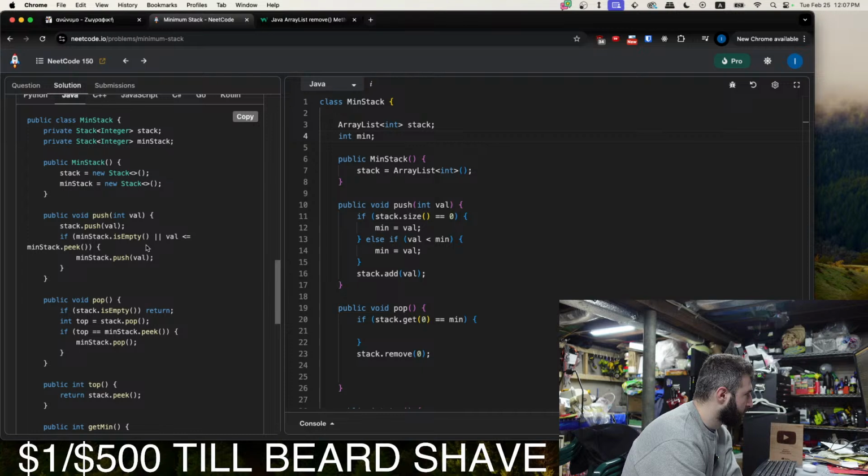And then say you push a 4. It enters the normal stack, so 4 is at the top, but nothing is added to the min stack. And then say you push another 5.